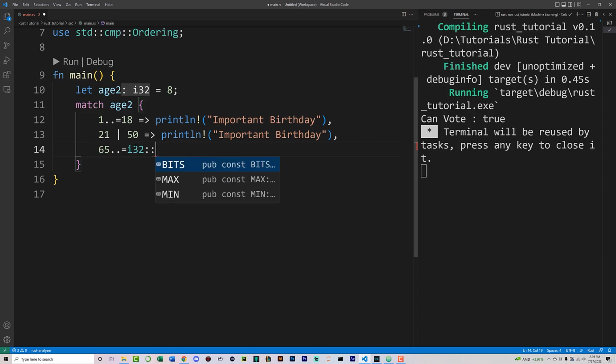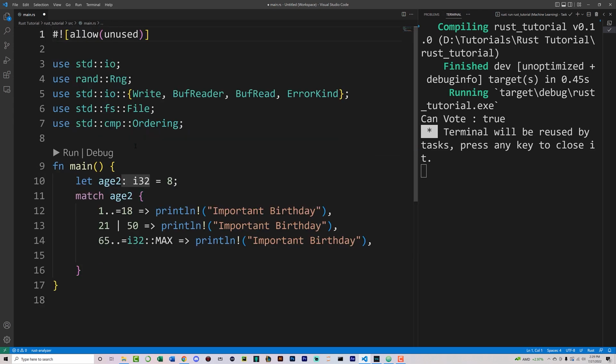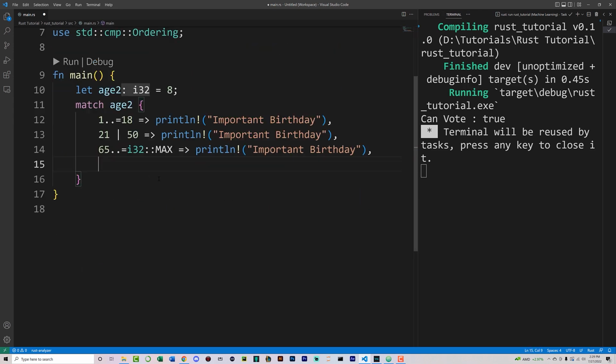But remember, we talked about this earlier, if you wanted to get the maximum, this would actually be an unsigned int, but whatever, same difference. You can go and throw that inside of there. And then that's going to get everything greater than 65. And then by default, you can do an underscore. Whoops, I accidentally hit the wrong key. An underscore is going to match